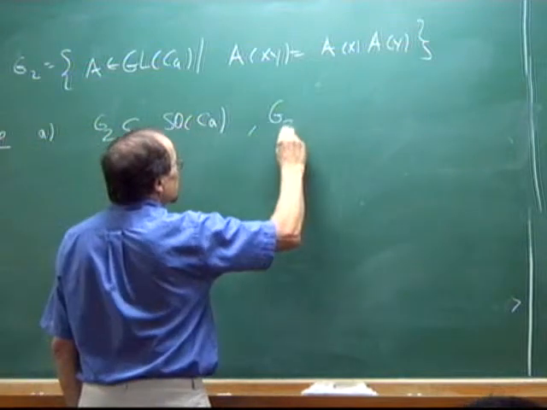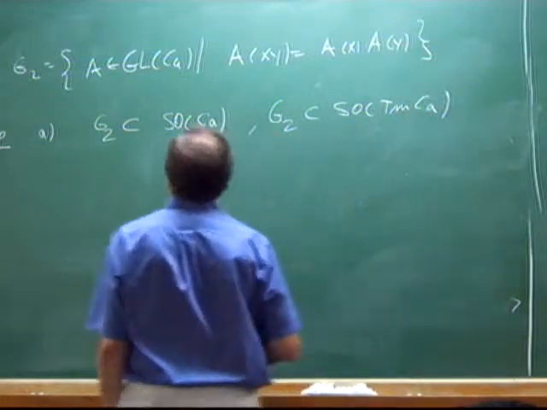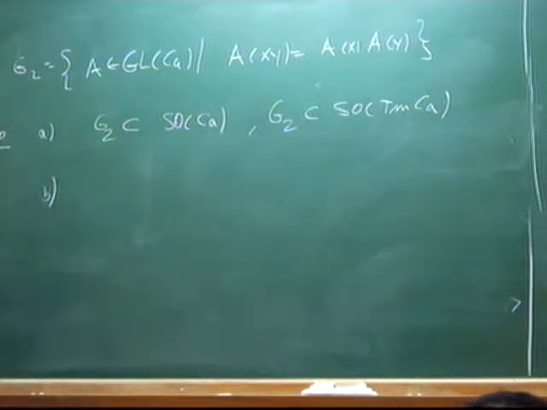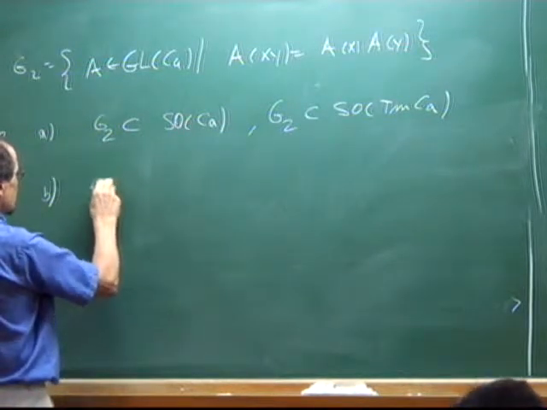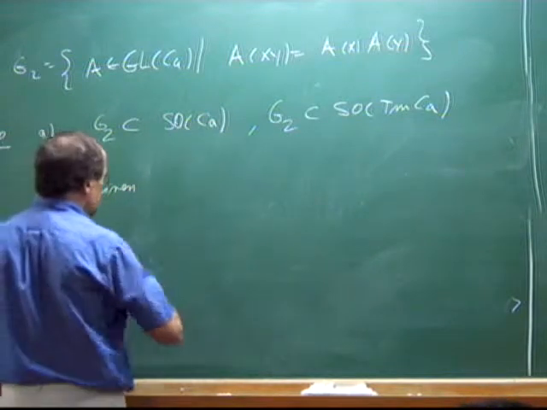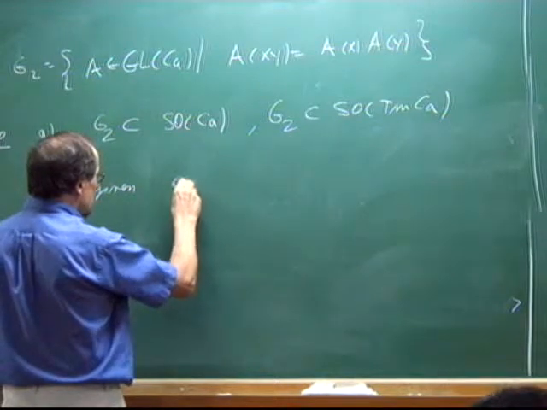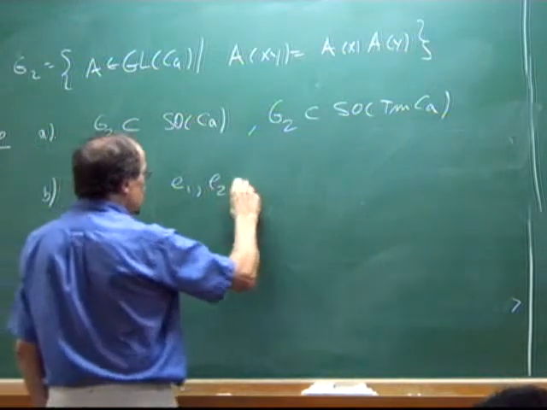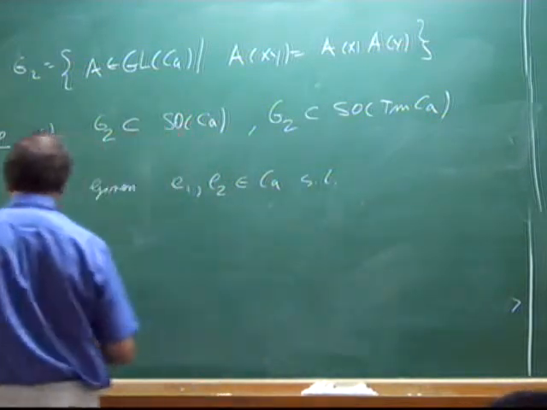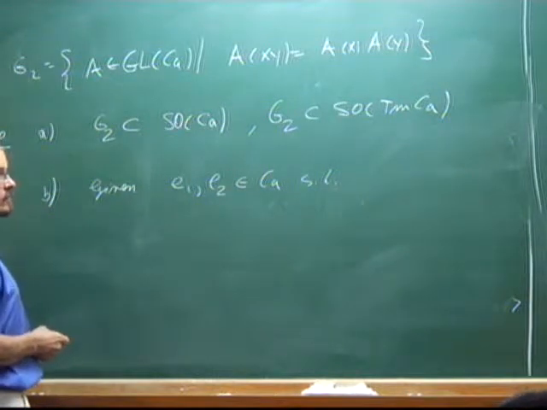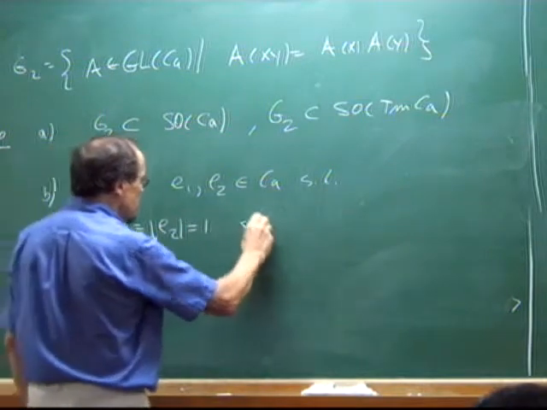In fact, it lies in the isometries of the imaginary Cayley numbers. And B, the important part is that, given E1 and E2 Cayley numbers such that they are unit vectors, they are orthogonal,